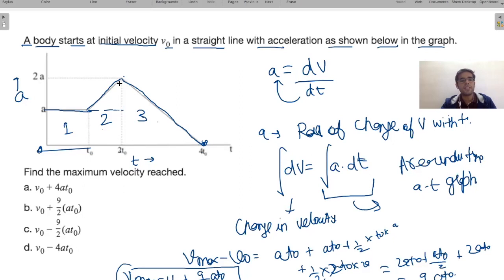Again, a lot of students will make a mistake, they will say that till t naught the velocity is increasing, after that it is decreasing. No, but that's where the mistake would happen. If you decide the right concept, then it's all about calculations. Sometimes we also make mistakes in calculations. Instead of 9 by 2 at naught, let's say we only write 4 at naught. So we might get confused in this, and we might mark this. Then the fourth step is just marking. If you are getting B, just mark it B, and then mark A.